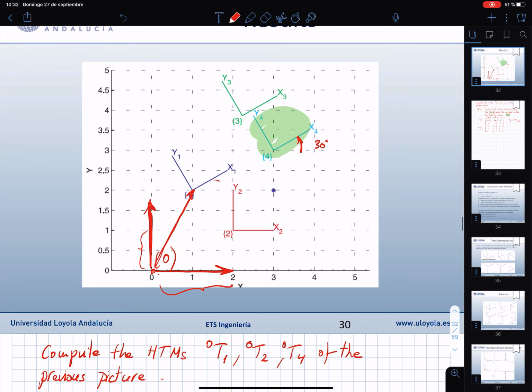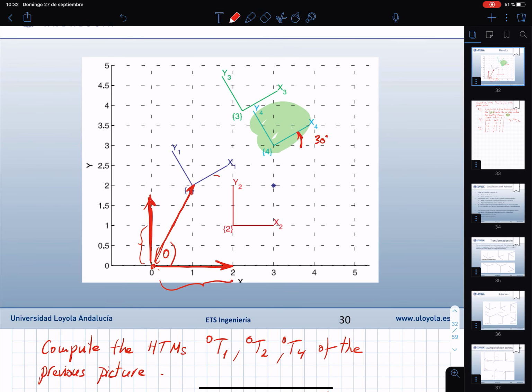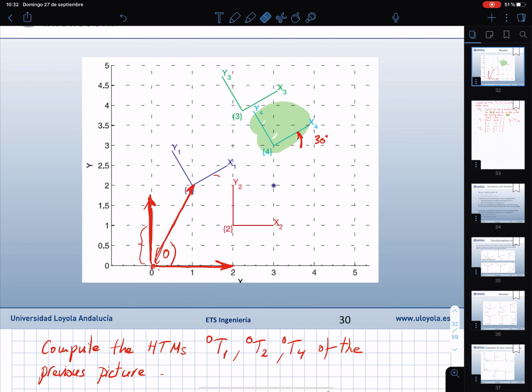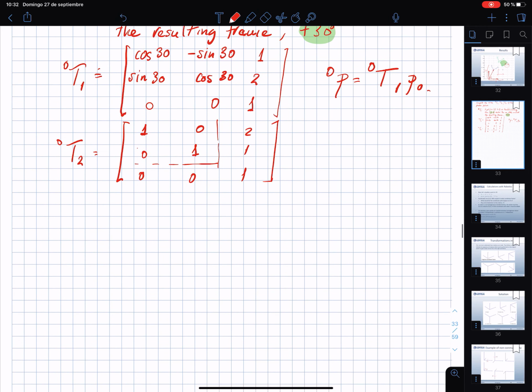And in order to do that, again, we have to find out what is the distance in the x direction to 4, which is 3, and the distance in the y direction, which is also 3, right? So with these two numbers and the 30-degree angle in here, we come to the conclusion that the homogeneous transform matrix